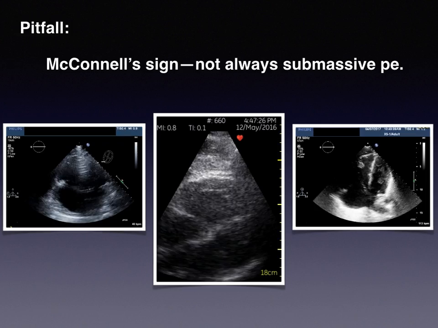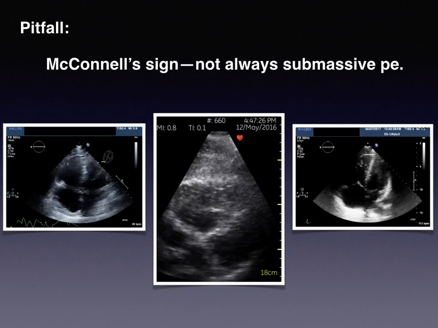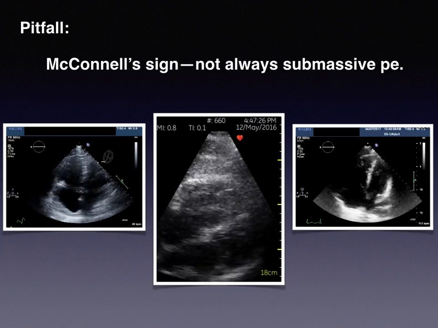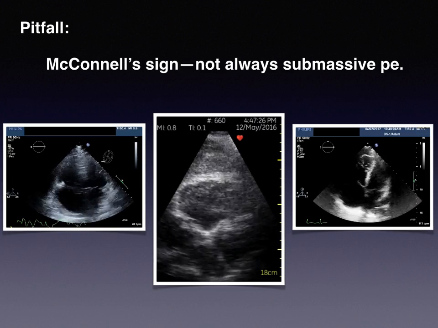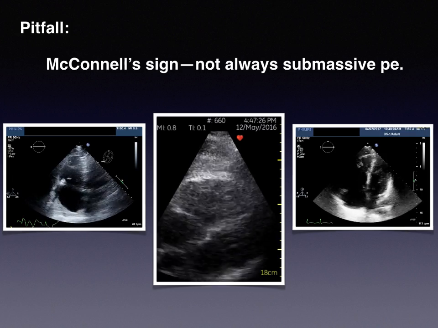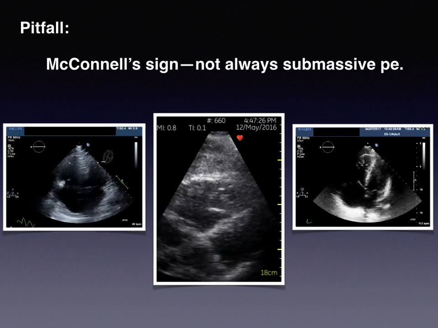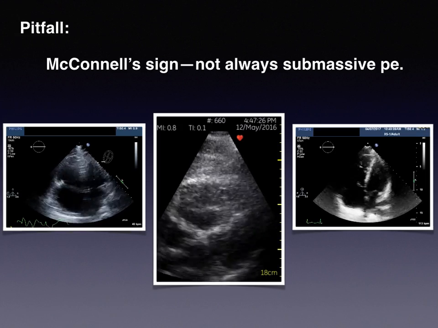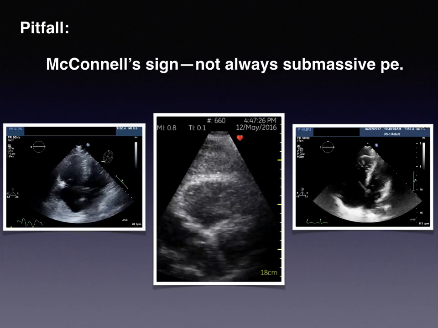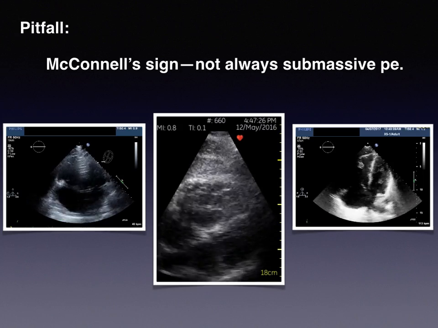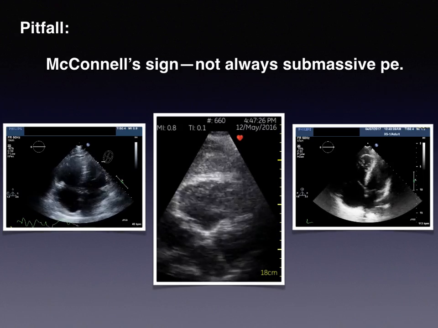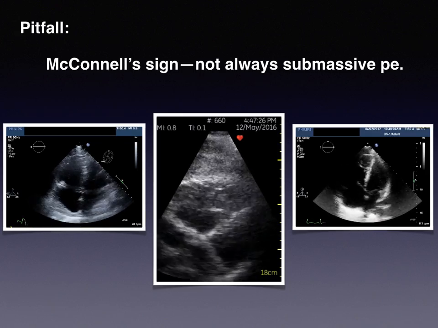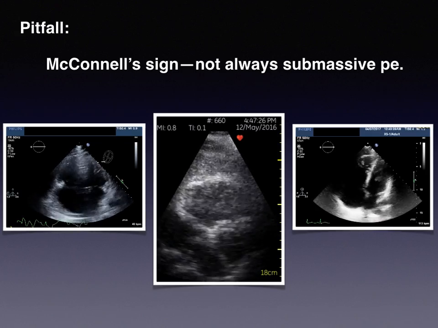Now, you've heard a lot about McConnell's sign with RV enlargement. McConnell's sign is a sign that's described in acute cor pulmonale, usually described in submassive or massive pulmonary embolism. The McConnell sign is the apical tethering sign, the apical hinge point sign, where there's a hinge point in the apices of all three, particularly best seen on the one on the right,